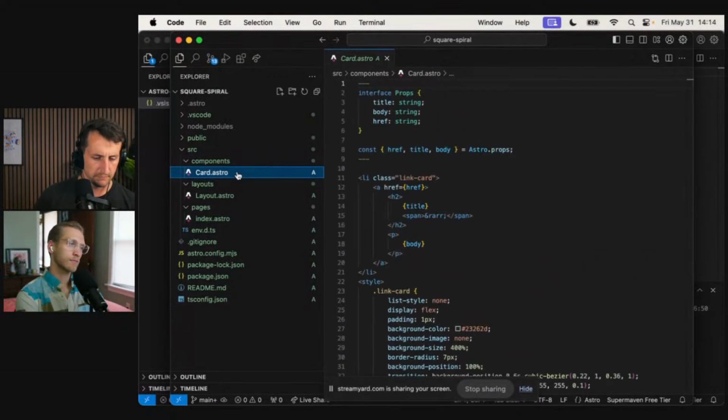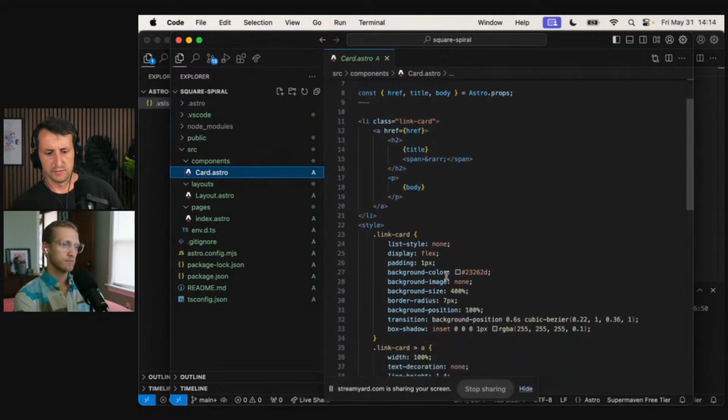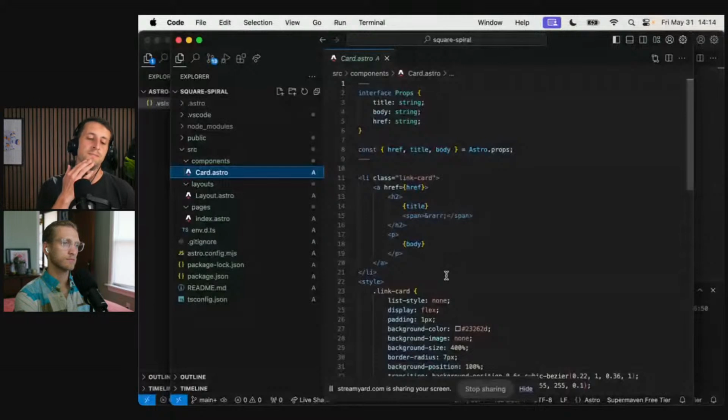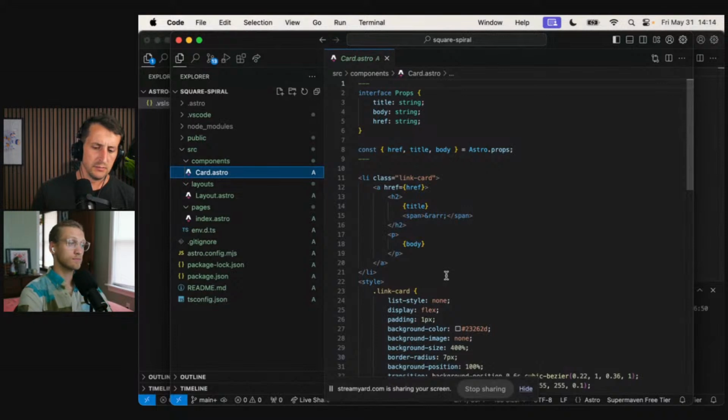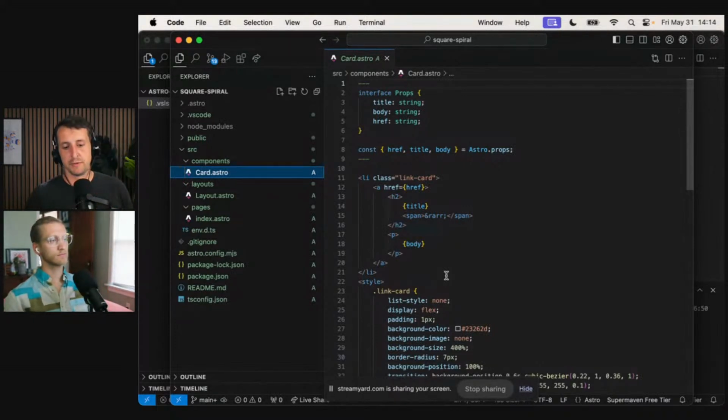Here's a component for Astro. It has some type definitions. We have the HTML. We have the style, again right inline. I did like that approach when I first ran into that single file component approach. I think that was Vue, Vue 2 or something like that. It's an awesome way to keep everything in the same place, but still scope it down to that single component. I thought that was pretty sweet.